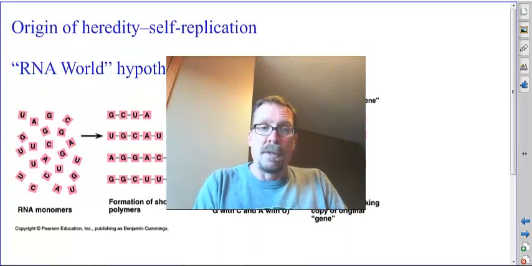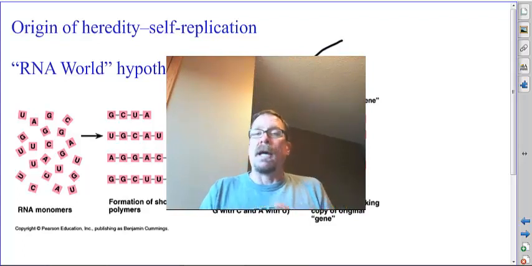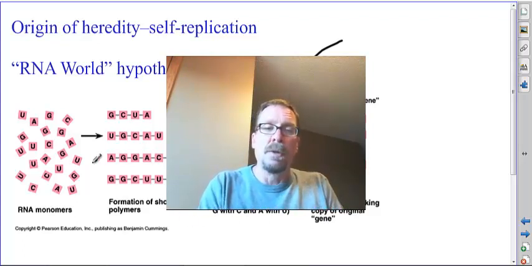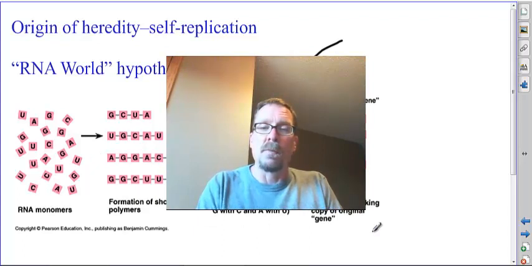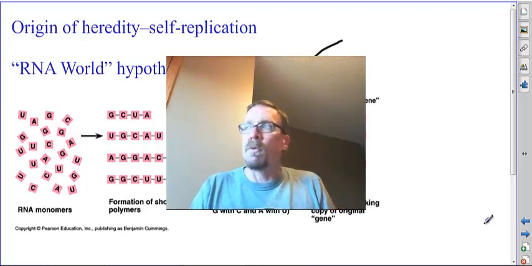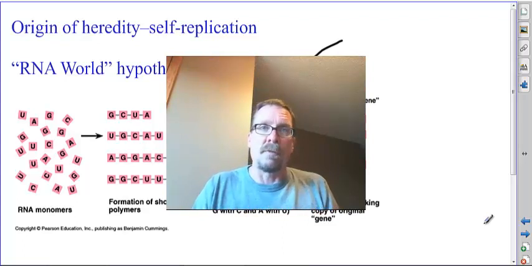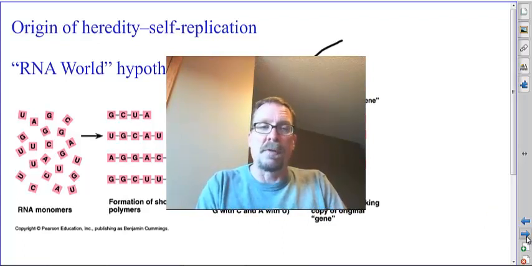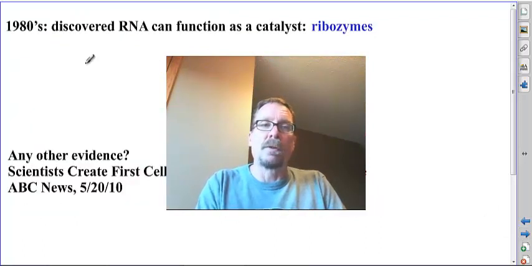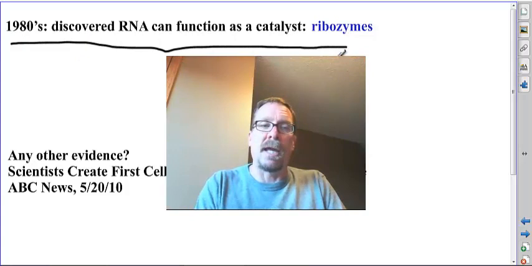So here I was talking about this. We have ribozymes, and it appears that ribozyme RNA is not just able to copy DNA, but also has self-replicating enzymes to form short RNA and use it as a template and copy itself. That getting incorporated into a small protocell could give the basis for self-replication for the earliest self-replicating protocells in organisms. Okay. So in the 1980s it was discovered that RNA can function as a catalyst, and we will do this reading. Scientists create first cell controlled by a synthetic genome,